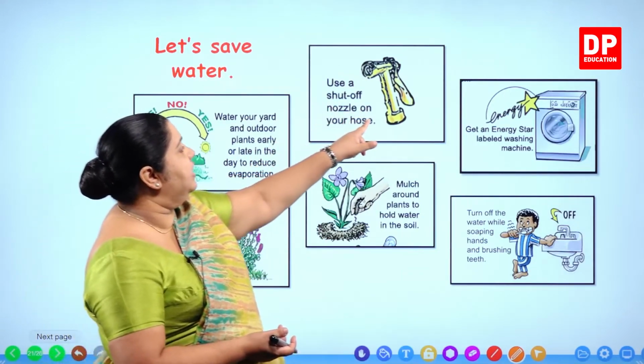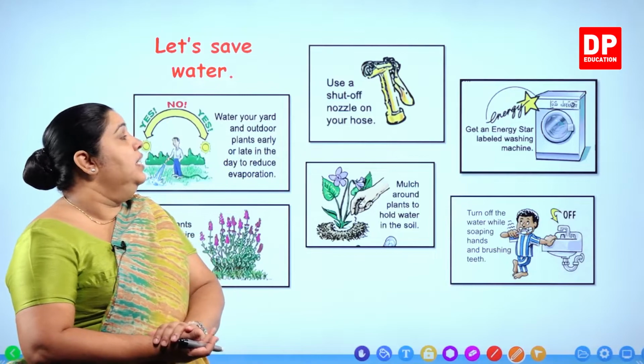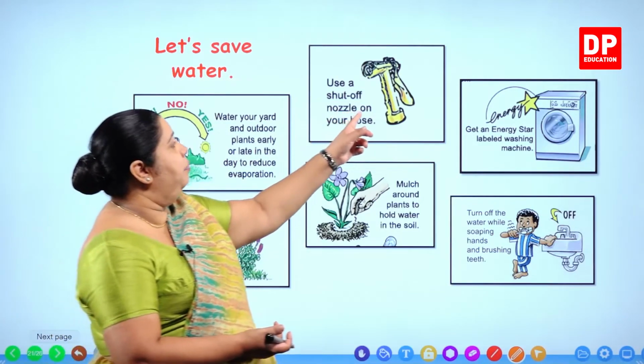So if you can fix something like this which we call a shut off nozzle,